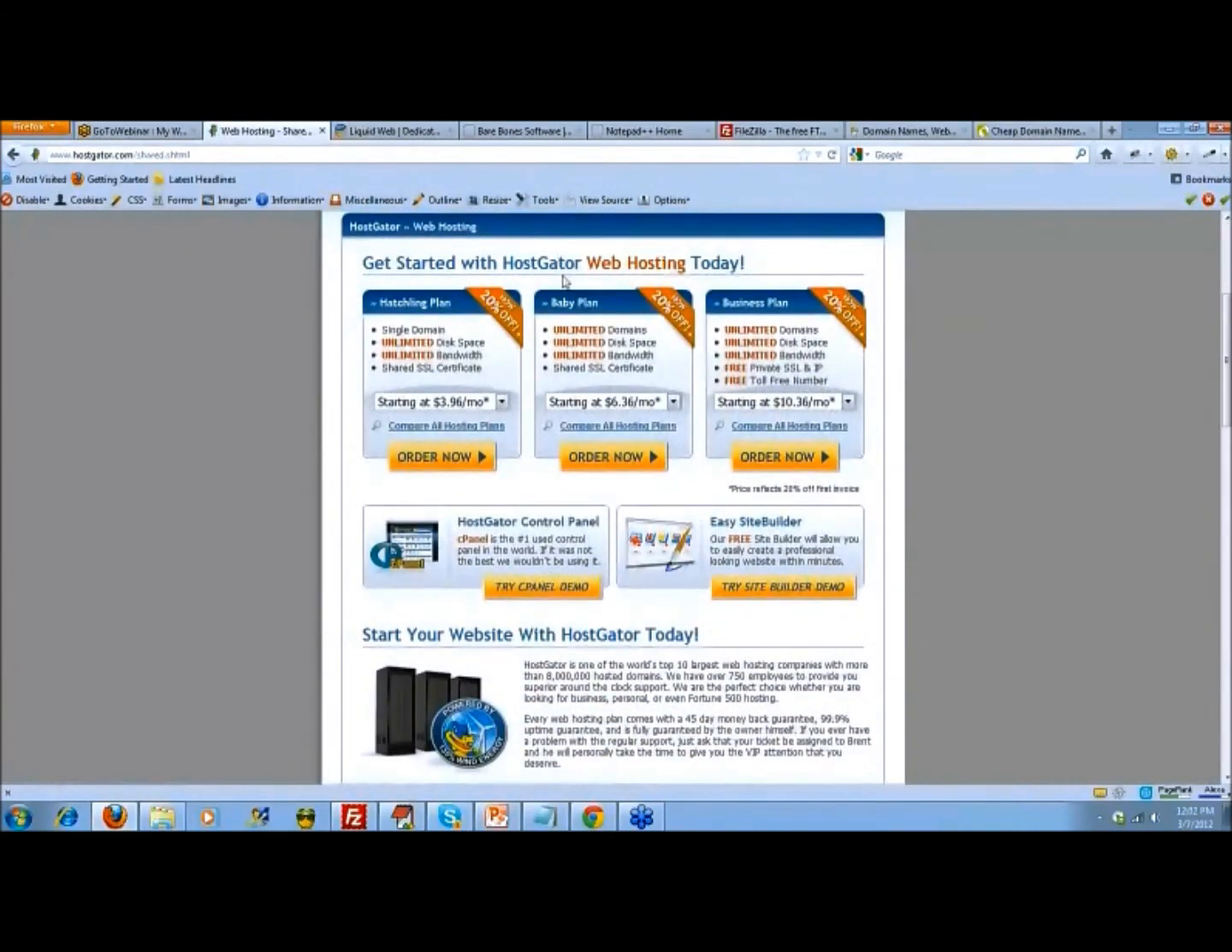Under the regular shared hosting plans, you'll see that there's one that's called Hatchling, one that's called the Baby Plan, and one that's called the Business Plan. You look at these rates, and please note that there's an asterisk by these. These are only if you're buying them for an extended amount of time. If you pay monthly, the pricing is noticeably different. Some people get confused by that. So if we just look at monthly hosting,